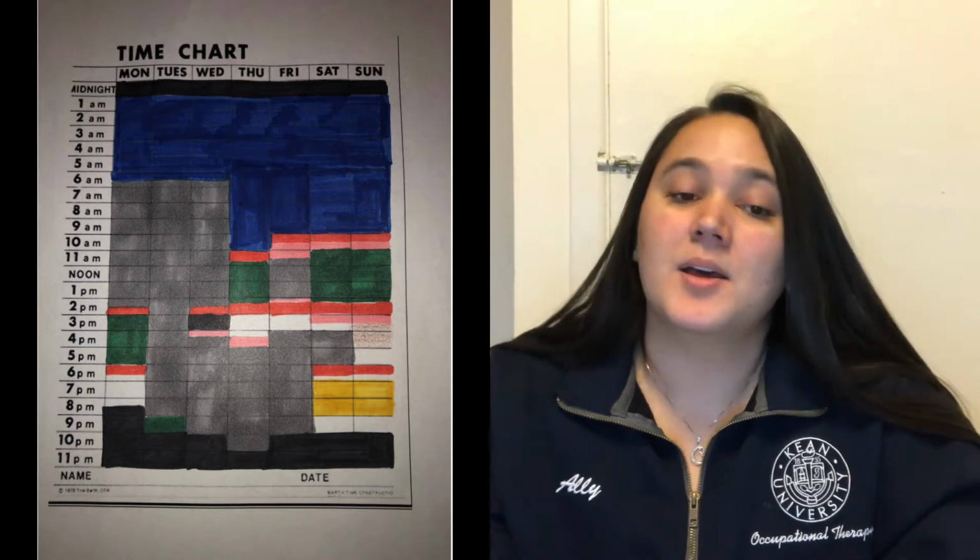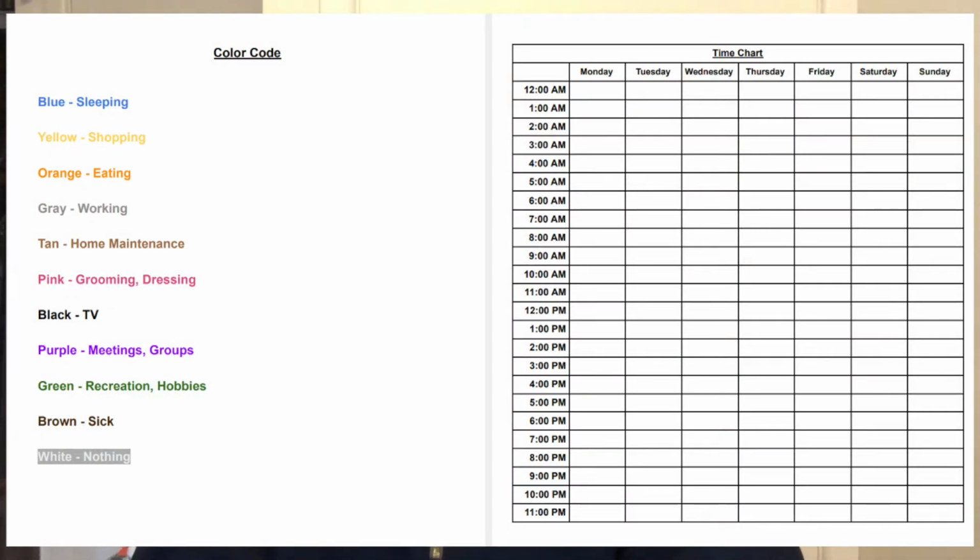The purpose of this tool is to visualize on paper how you are spending and managing your time. Based on your results, you could adjust the timing of your tasks in order to have more time to do things you need to or want to do within your day. There are 2 papers that are used, which are the time chart and activity color code. The activity color code represents a color key, which is what you would need to reference to fill in the colors on the time chart. The time chart is where you will fill in your schedule, either for a typical week you may have, or your schedule from last week, whichever you decide.